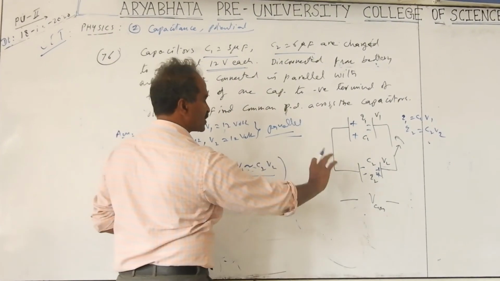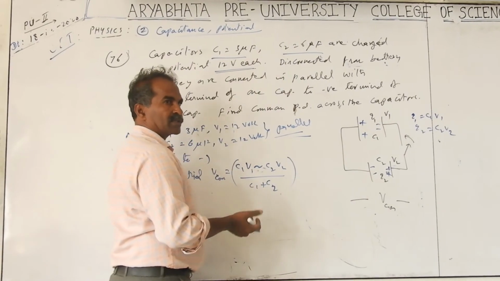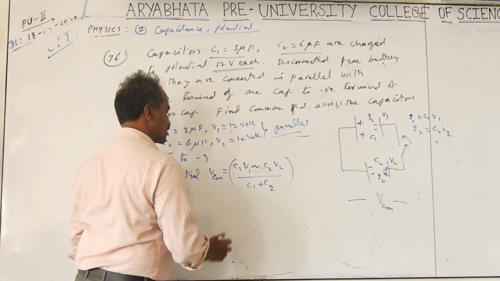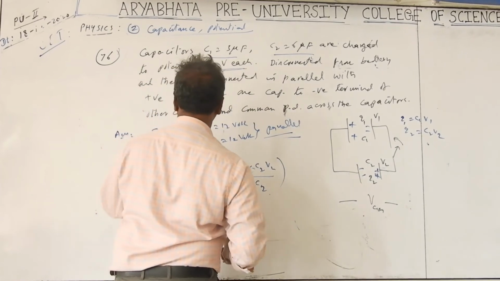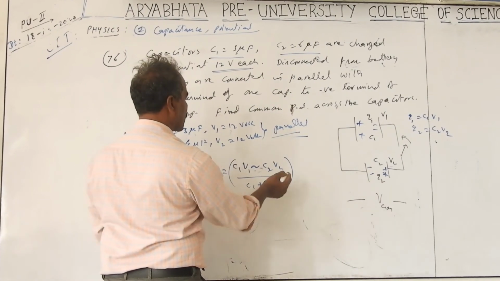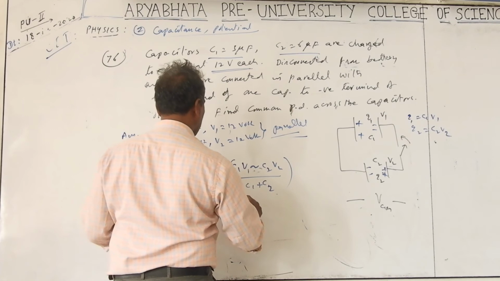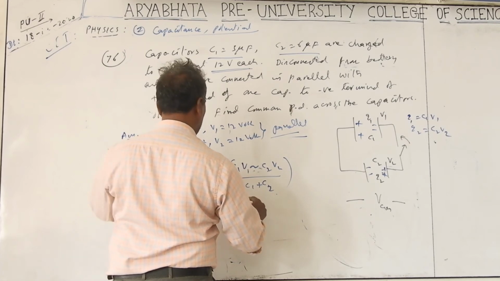That means only the plus and minus polarities will change here. If you take minus only, plus will become minus, meaning the resultant is like this. How much do you get? B is the same, B1 is equal to B2. Taking common out, you get C1 minus C2. So C1 is 3.